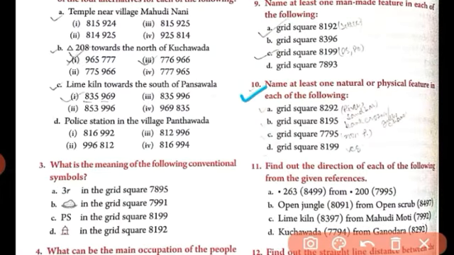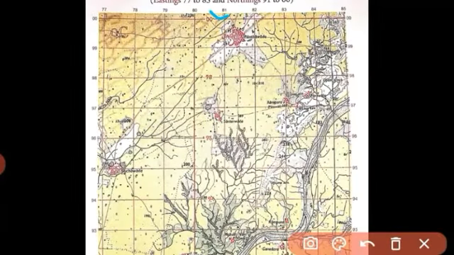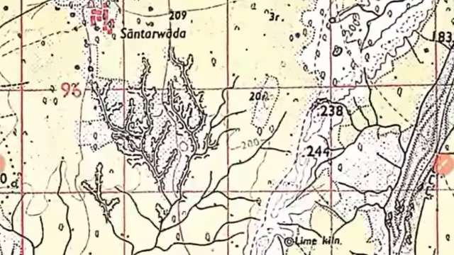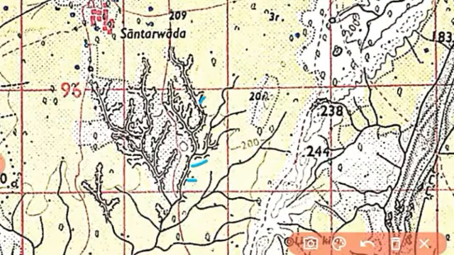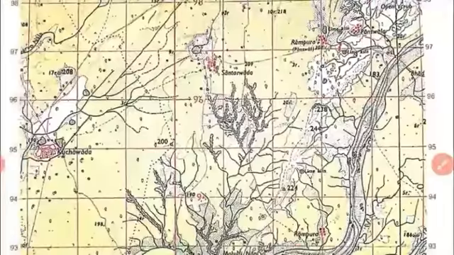Any other question, like number 10, where you have the grid squares given. Whatever grid squares are given, you have to go through the grid. Like in this grid you have some river and sandbar, and in 8195 there is some bank erosion. I am showing you 81 and 95. At first you should know what the grid is. These features are called the embankment. Some gullies or river erosion are there. You can easily depict it.